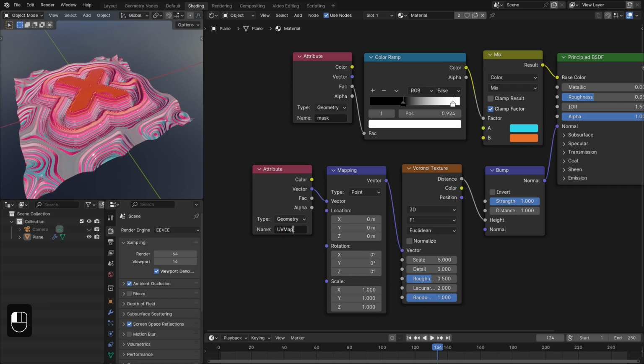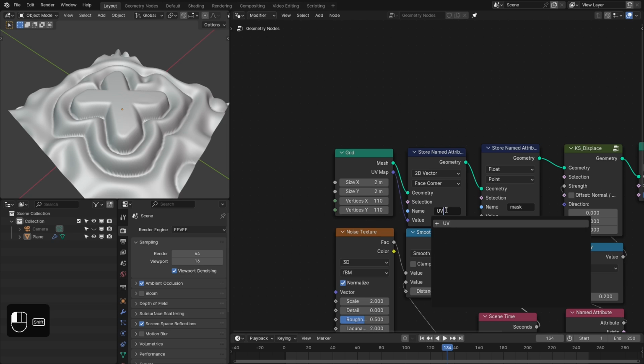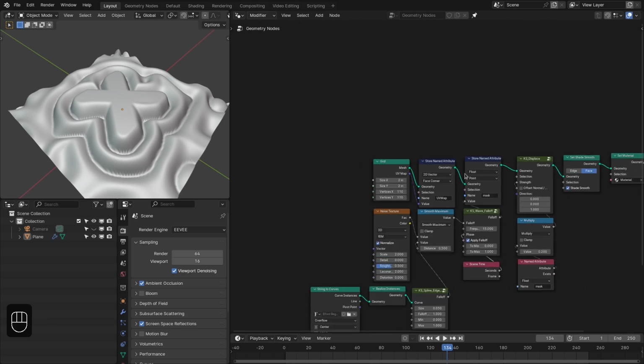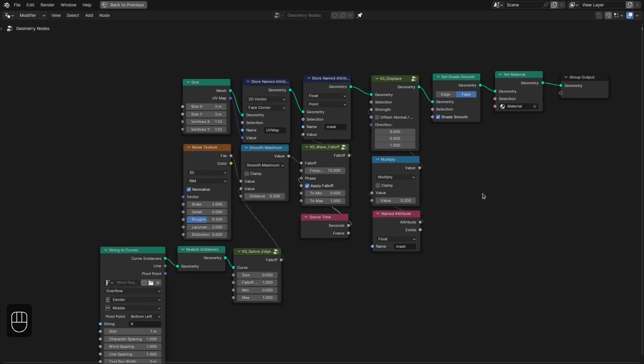UV map, and here we're going to store that UV map. Okay, change this to 2D vector, face corner, plug that into this, type here UV map. So let me zoom out this. So this is the setup,